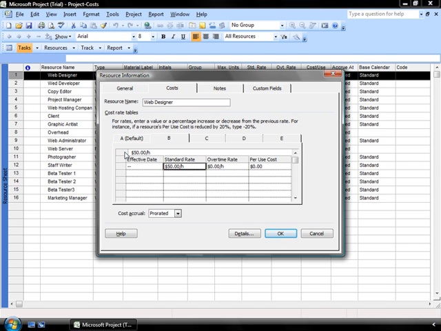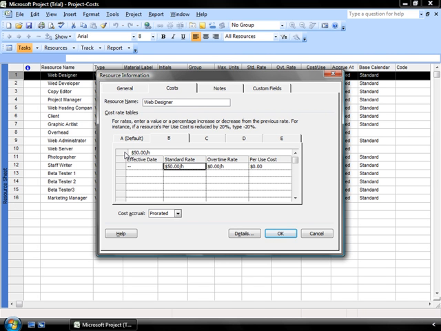In essence, you can create up to 125 rates for any one resource. So you've got 25 lines per tab, you've got 5 tabs. That's the total number of rates that you can track on any one resource within your application. So it's quite powerful and it gives you a lot of flexibility in order to track the costs per individual.